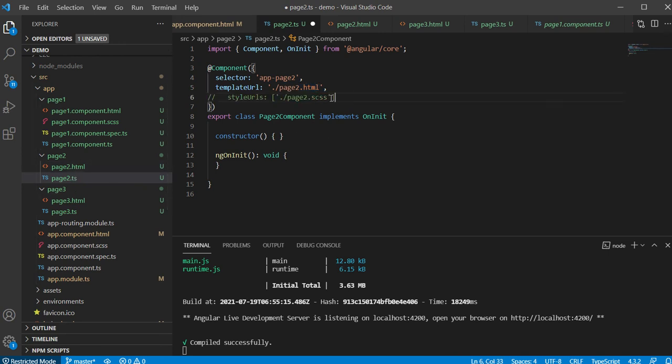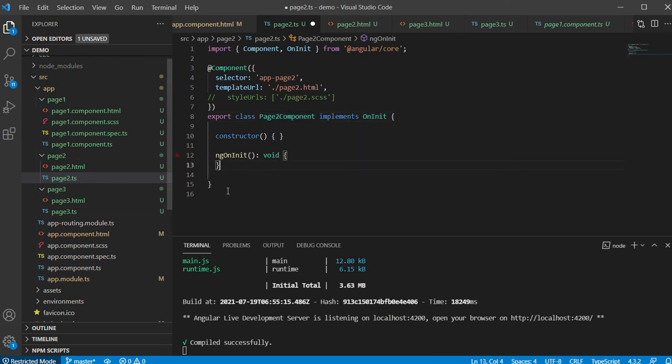So let's hide it, or you can delete it. This is the main component which we will use throughout our application for page 2 as a reference. Page2Component, and this is case sensitive. P is capital, C is capital, right?